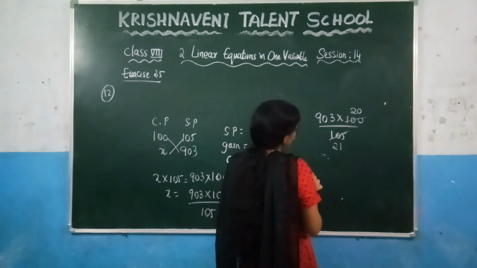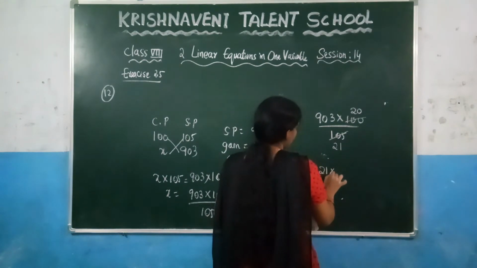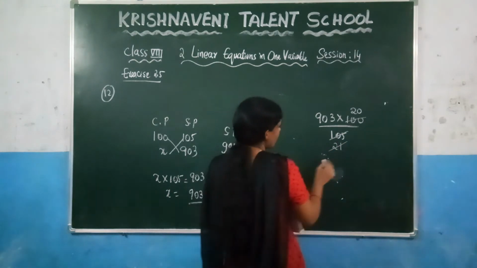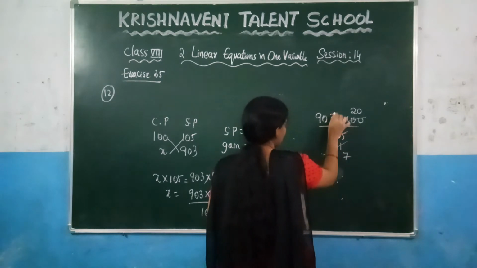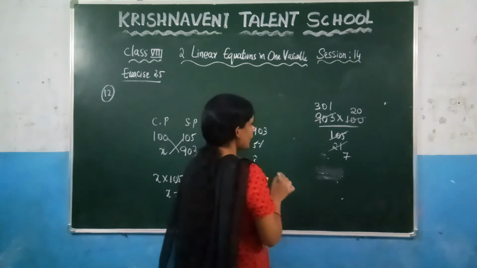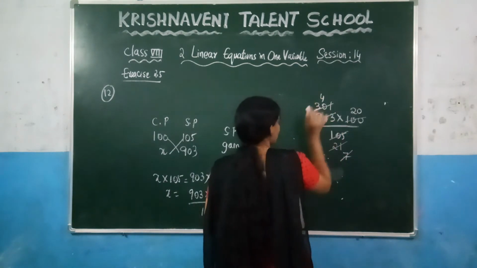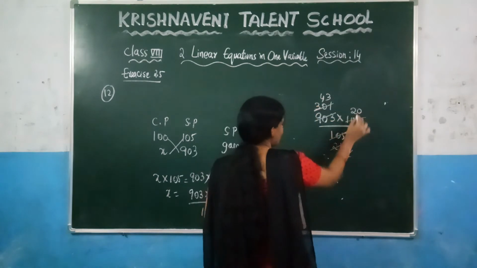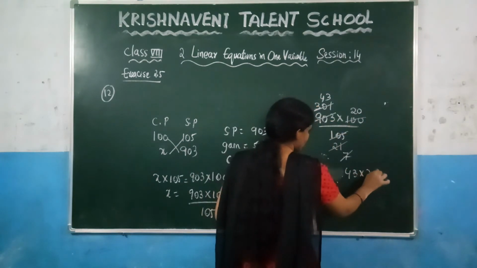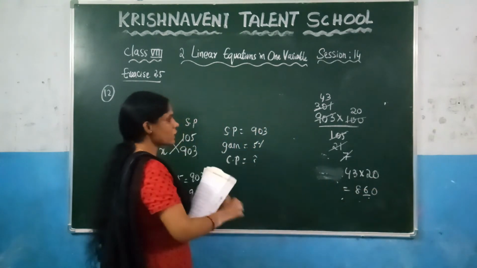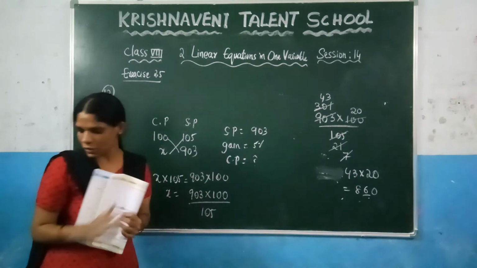After that, checking here, 21 into 8, and you know that it is divisible by 3. So how much will you get here? 3 7s are 21, 3 3s are 9, 3 1s are 3. And similarly, it is again divisible by 7: 7 4s are 28, and 7 3s are 21. So what are the numbers left over here? 43 into 20. What is the value of 43 into 20? It gives you 860. This is the cost price of the radio. Like this you can do the calculation. Now write the problem here.